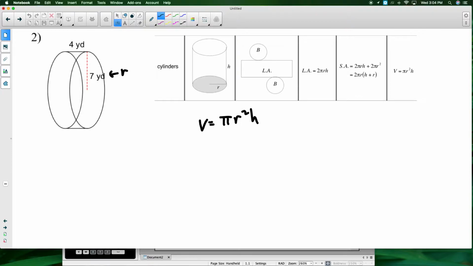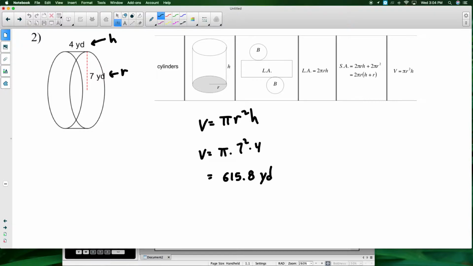I need to know the height, which was also given to us right there. So just plug it in. It's going to be pi times 7 squared times 4. 615.8